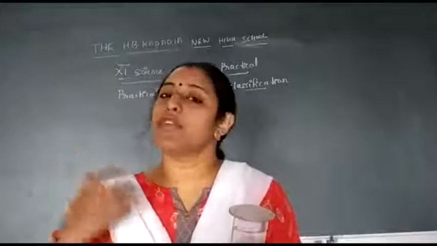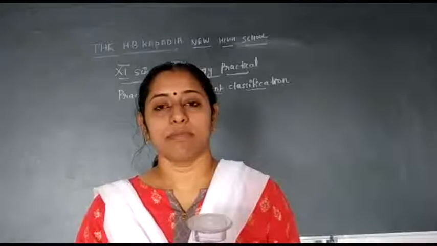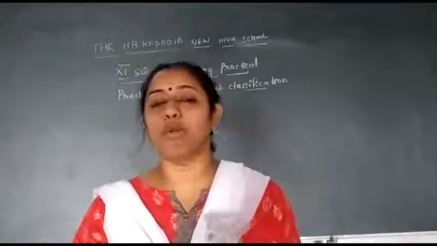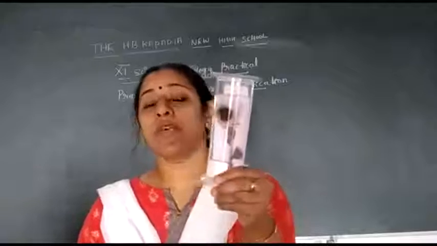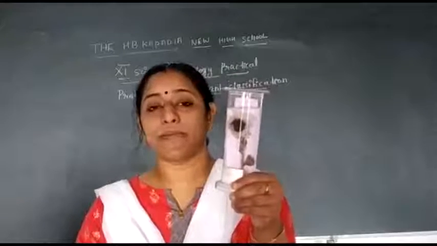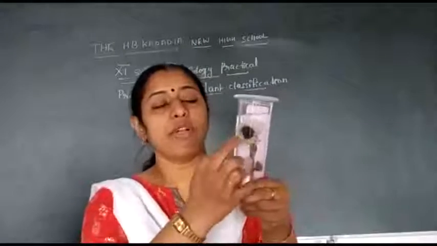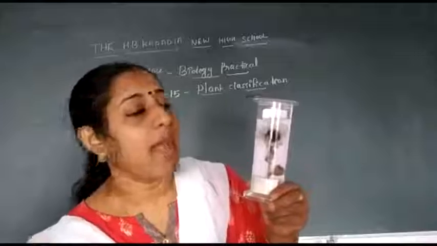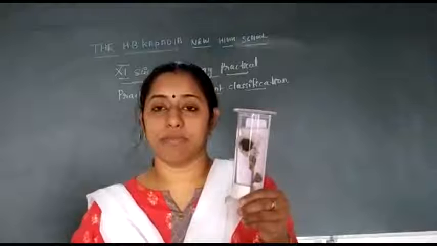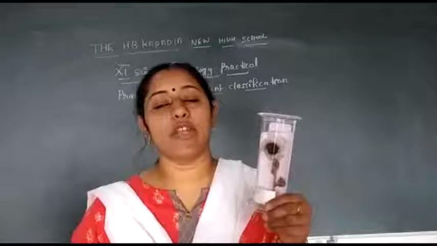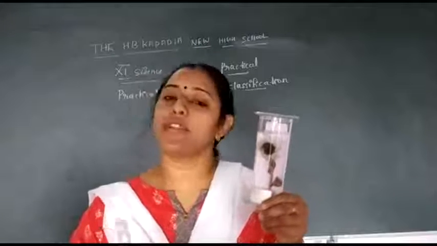Now what about the characters of this sunflower? You know that it is a shrub-like plant. The entire stem has some hairy outgrowth. It has alternate leaves. The flowers normally show capitulum inflorescence, which consists of ray florets and also disc florets. The central flowers are called disc florets, and the peripheral ones are called ray florets. They have a taproot system, and within the leaves you can find reticulate venation. The flowers are normally pentamerous. So these are the characters of sunflower.